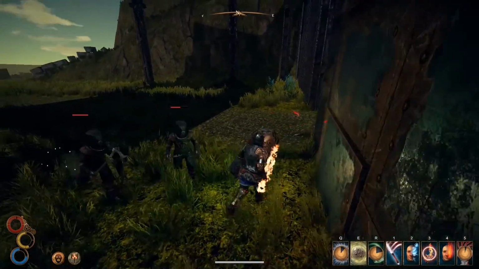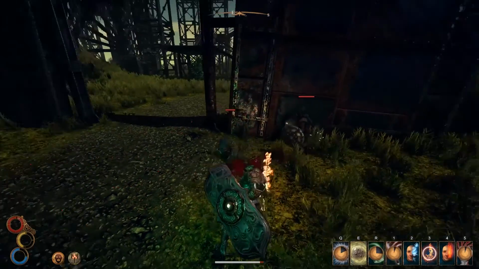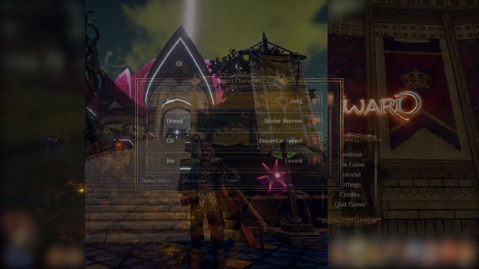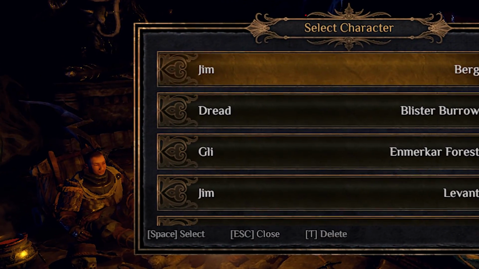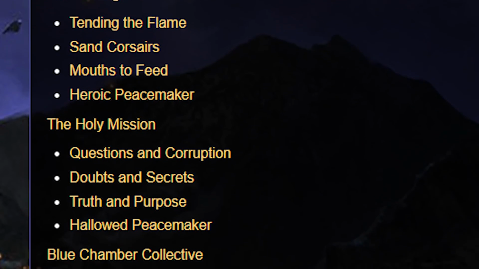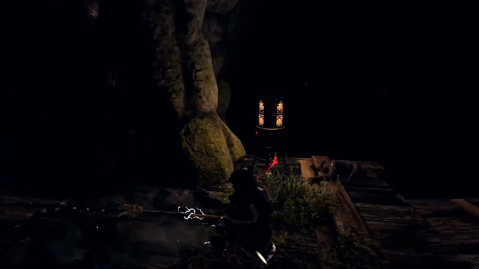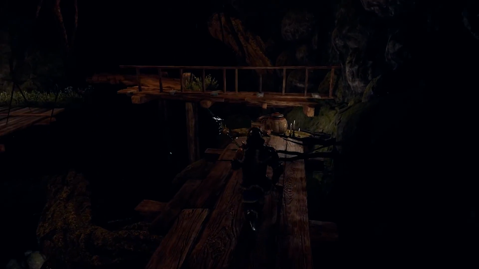If you played Outward before or if you plan to play it, you should know that there are three main factions in the game, which means that in order to see everything that this game has to offer, you will need to complete 3 playthroughs with 3 different characters because each of these factions have their own quest lines. Once you join one faction, you can choose to join another, so bear that in mind if you are new